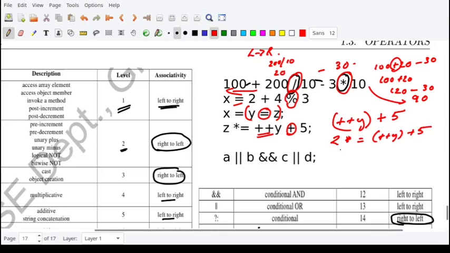Okay. So star equal to is the assignment operator which has got the least priority. So what happens? Suppose y is set to 2. Okay. You will initialize y to 2. So first you have to do plus plus y, so y will become 3. Then plus 5. This is 8. Okay. But then you write z star is equal to 8, which means z is equal to z star 8. Okay. This is how this will evaluate.